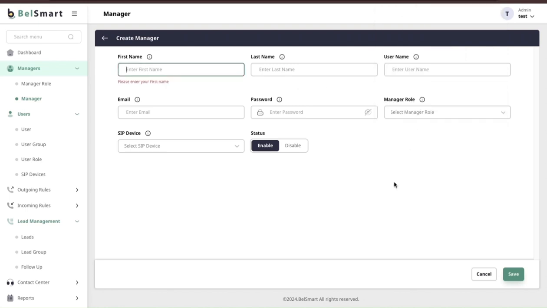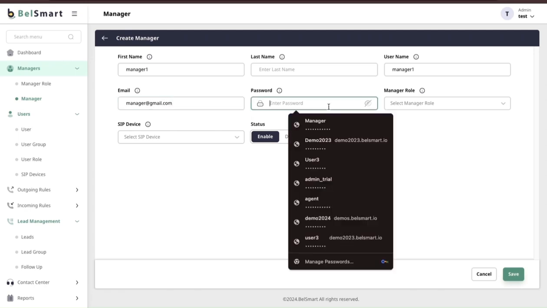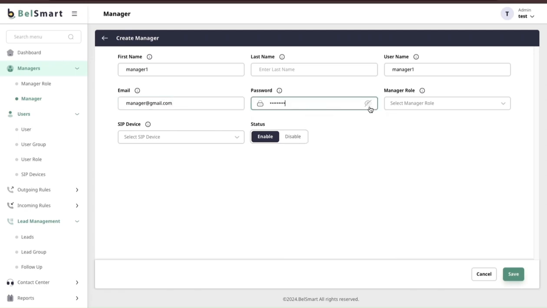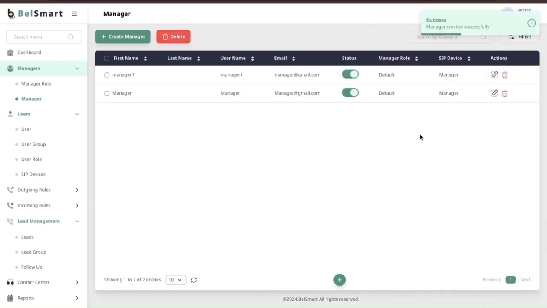So now I'll show you how to create a manager. We'll click create manager, the first name. So here I'm just providing manager 1, username, email ID, password, manager role and SIP device, which I have all created earlier. Now save it. Once the manager is created,